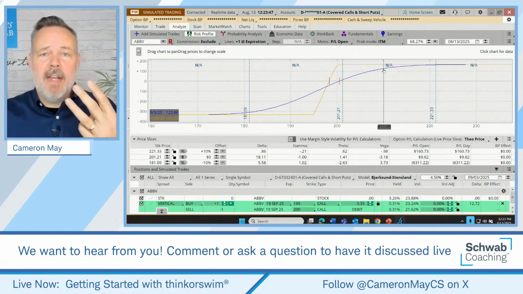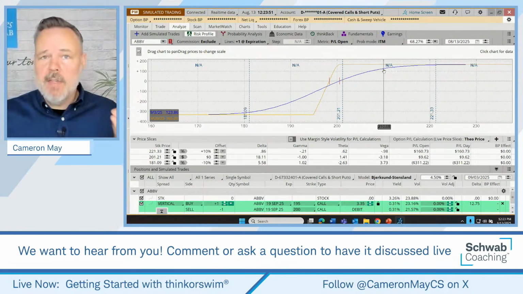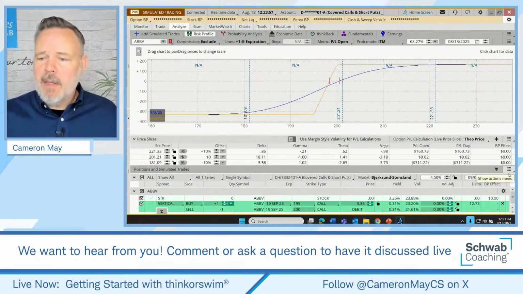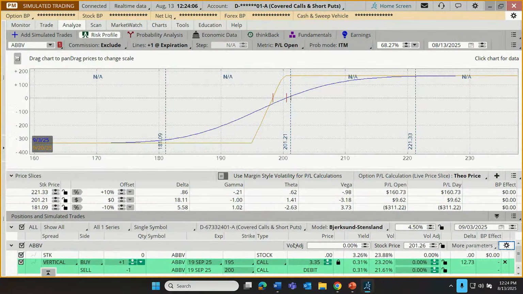Three big major factors in determining the ultimate success or failure of a trade: the day-to-day changes in the value of options, price, time, and volatility. Well, there's a volatility tool here. If we come right down here where there's a little gear icon, I can click on that, and that opens up a new window that says vol adjustments, not volume adjustment. This is volatility. And I can adjust that upward or downward.